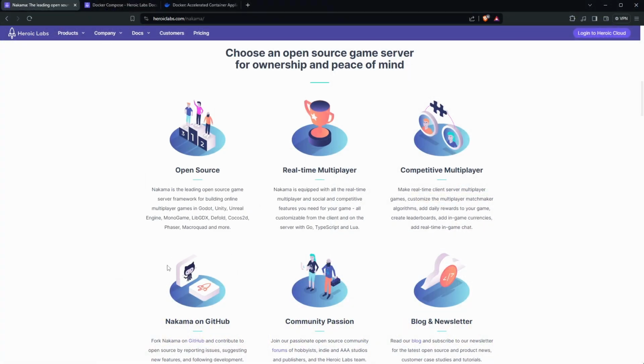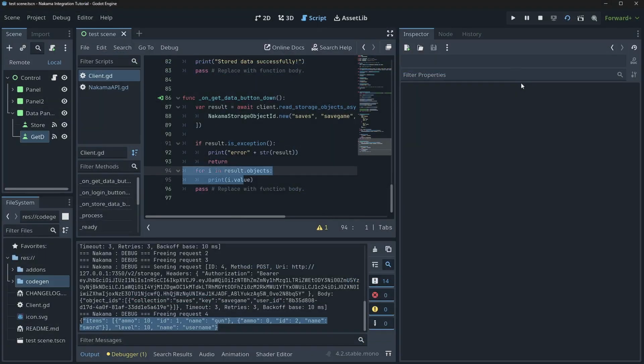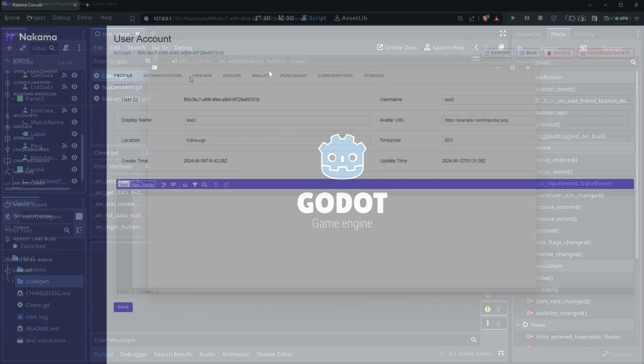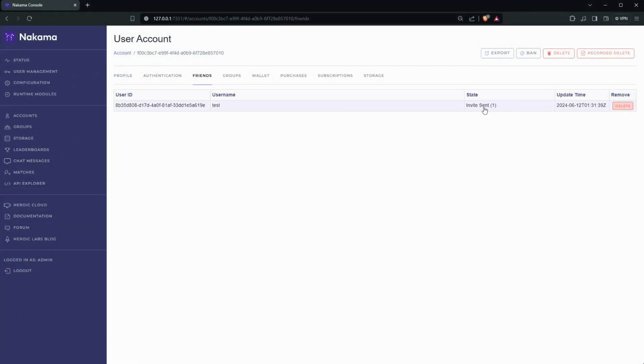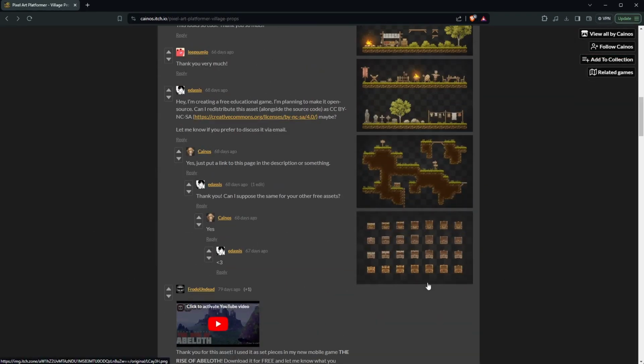We're going to start with what is Docker, what is Nakama, and how to get it to work. We're going to talk about how to set up accounts, how to do user management, and how to do matches and matchmaking. So lobbies and matchmaking will be put into this tutorial. We're going to talk about some basic configuration using Nakama, and we're going to round it out with a very basic multiplayer example where you can have two players that can run and jump and things like